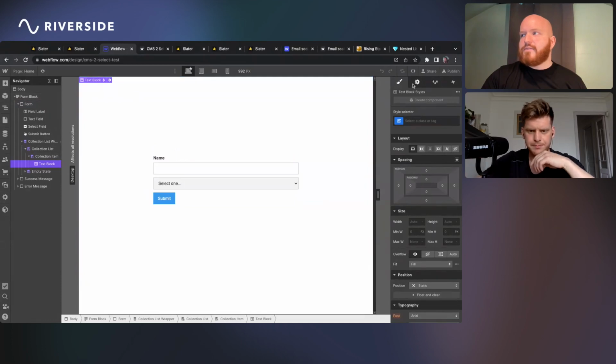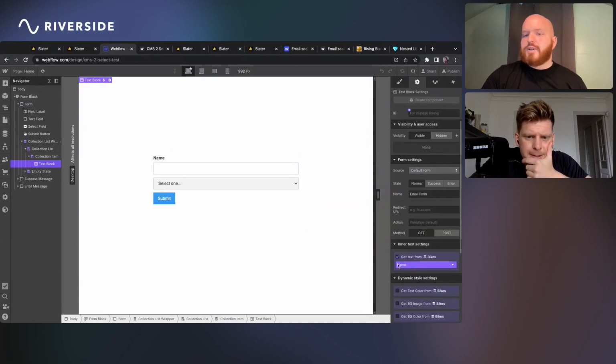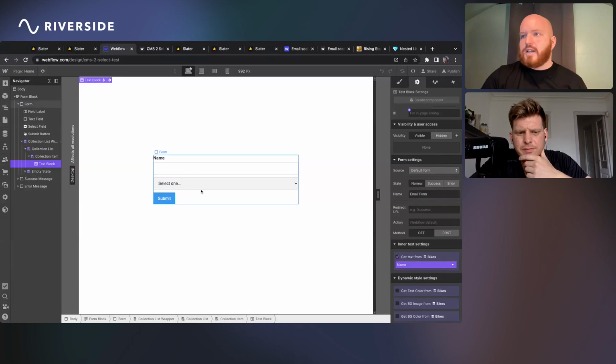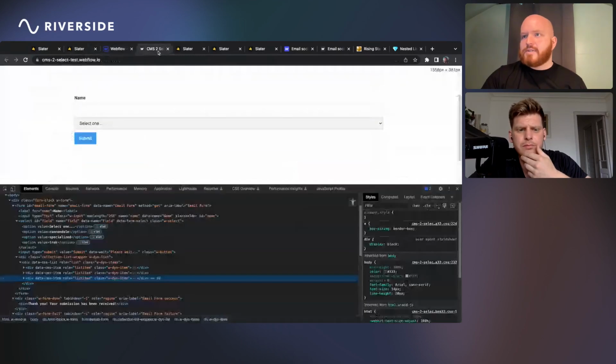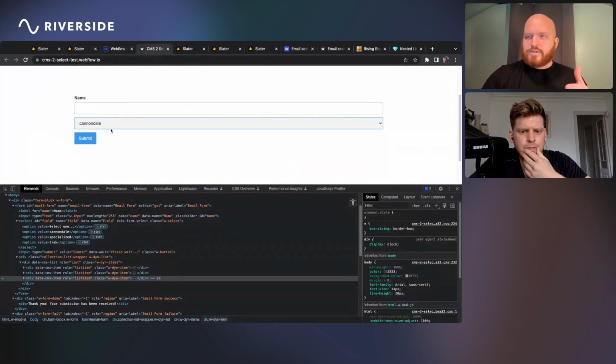Basically, you just have to put names on there for the code to pull in, and then it makes those actual select fields on the publish side. And when the data gets pushed through, it will be this.